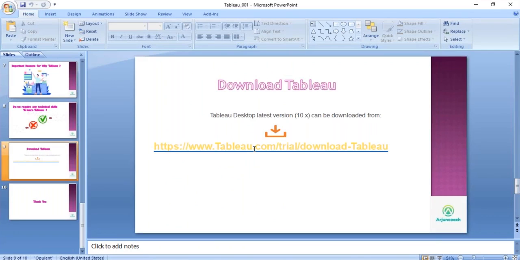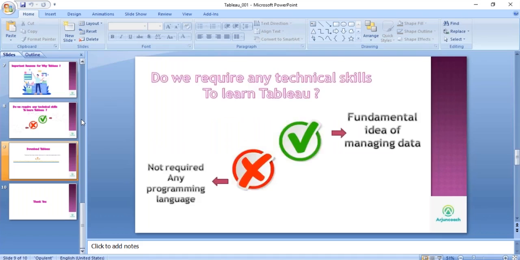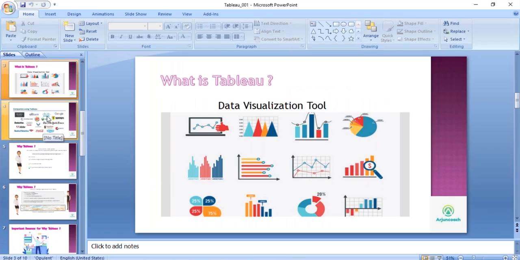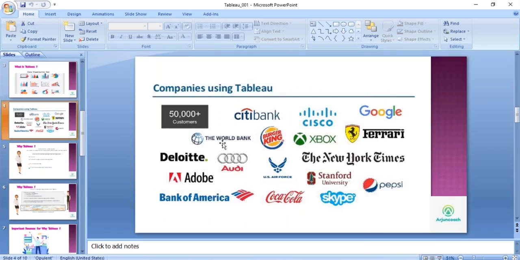So this is just a basic introduction about Tableau, how we want to go for Tableau and what the benefit is. Mostly the companies are using it; not only that, 50,000 customers are live and working on Tableau. There are some other tools like QlikView, BI tools, some MSBI tools, and DataStage. But anyway, Tableau is important because it is very flexible to work on.